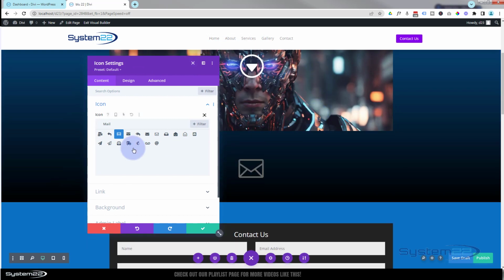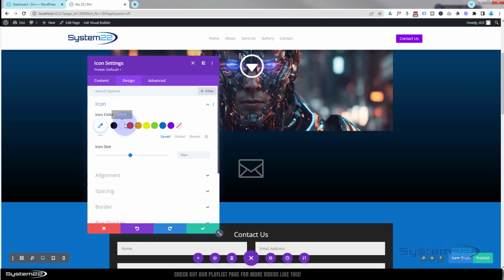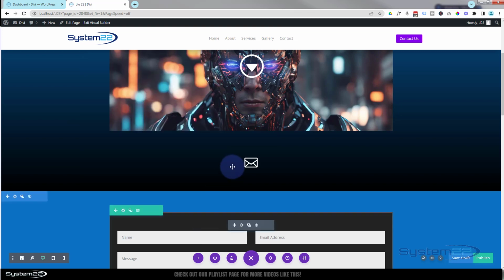Great. Well, I'm going to want it to be white in color. We go to design and icon. There it is. I'm going to make it a bit smaller. Let's make it say 50 pixels. Obviously make yours the size that you want. Great. I'm just going to leave it exactly like that. Now remember, our icon's about 50 pixels. So let's